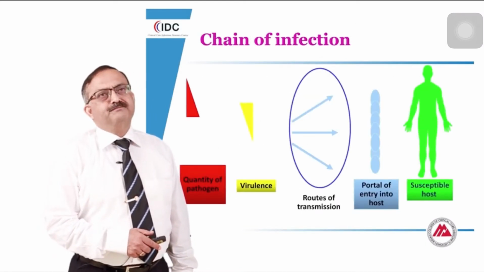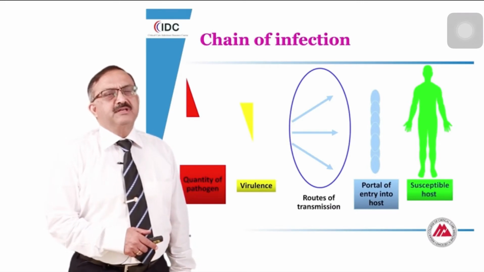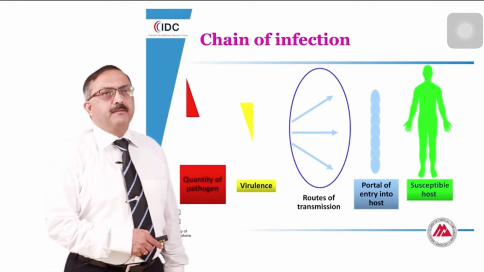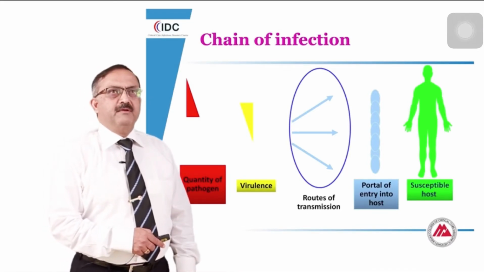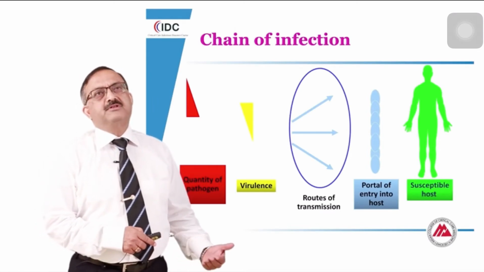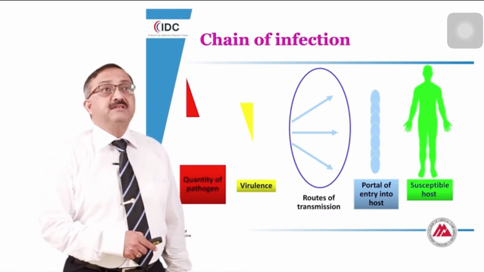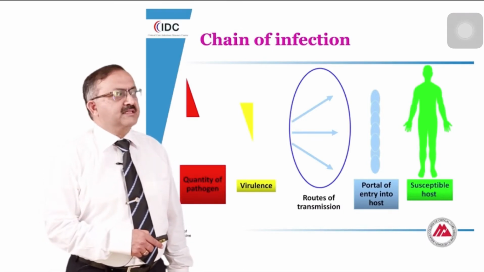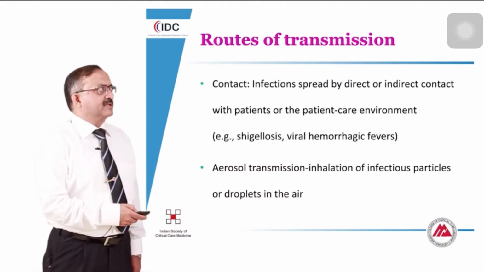Chain of infection. Consequences of infection due to the endogenous flora are very high. They depend on the quality of the pathogen available for causing infection and the virulence of the pathogen. The trend has now moved towards more resistant pathogens colonizing the patient who is brought into the intensive care unit. Routes of transmission.